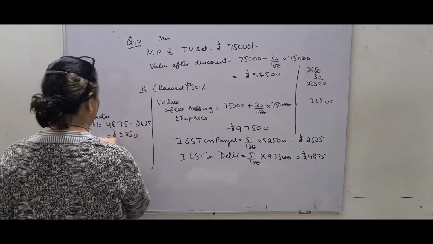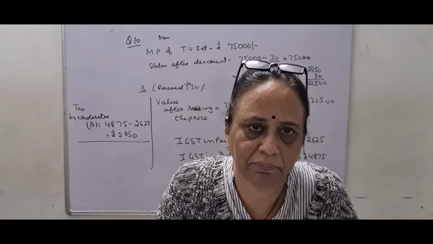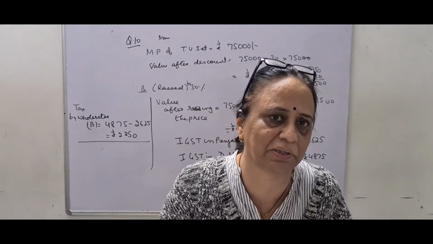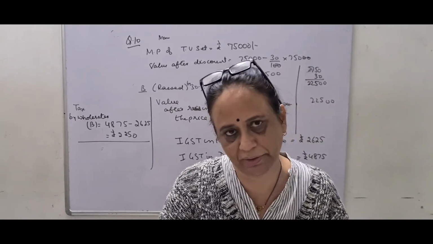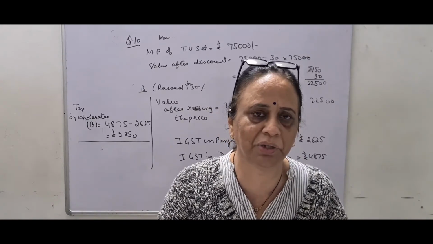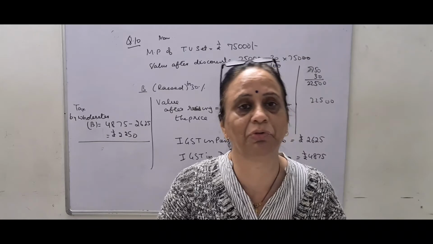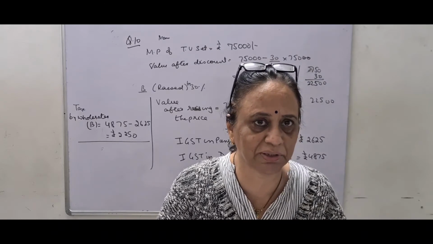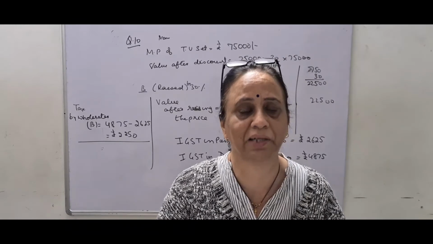which is 2,250. I hope up till now you must have understood what tax liability is. Output tax minus ITC, input tax credit. It is always the second stage minus the first. Because tax liability is on the money which you get as profit. Already paid tax will be subtracted, and the rest you have to pay to the government. That is tax on the profit. Because if the basic price was 50,000 and the second time it was 70,000, naturally there will be profit, and on that profit also you have to pay tax to the government.